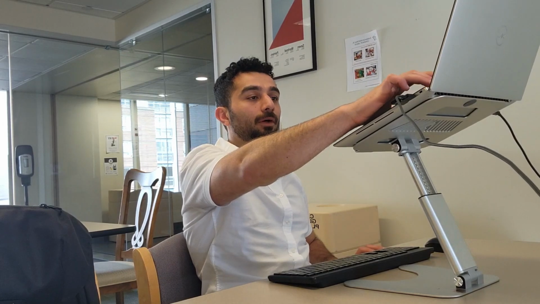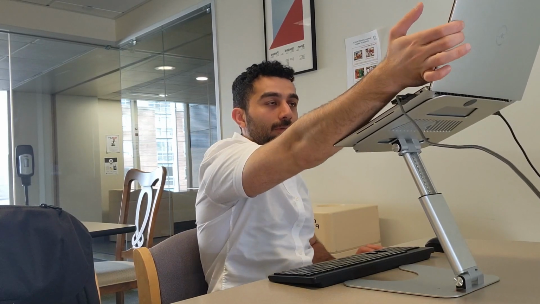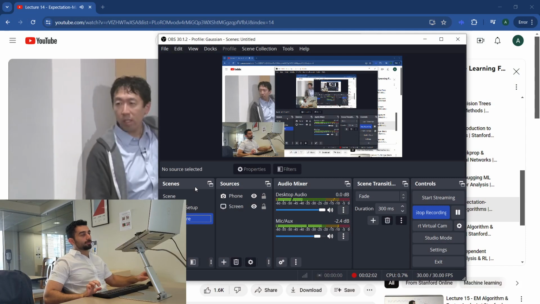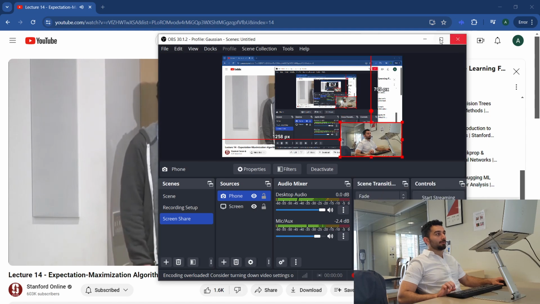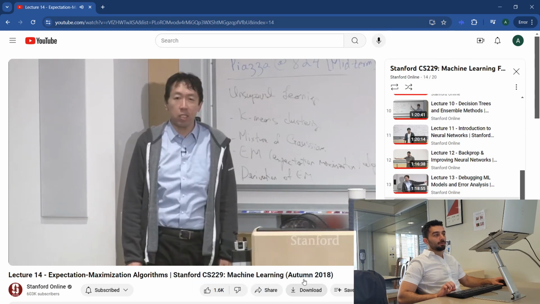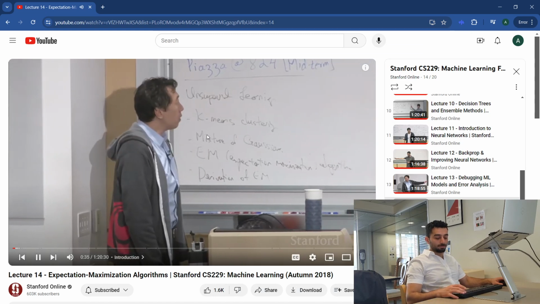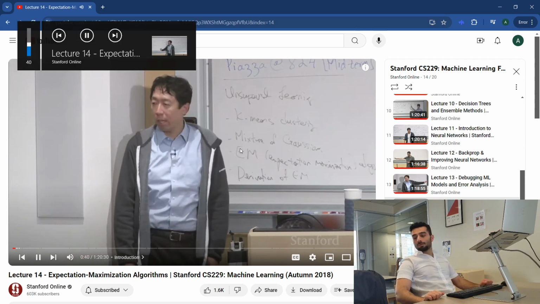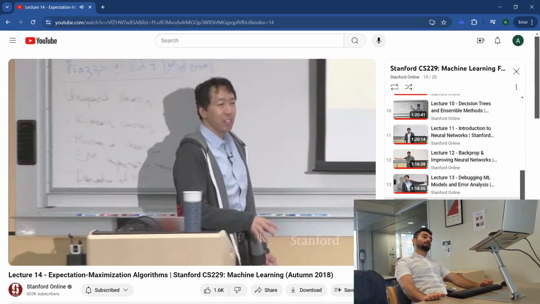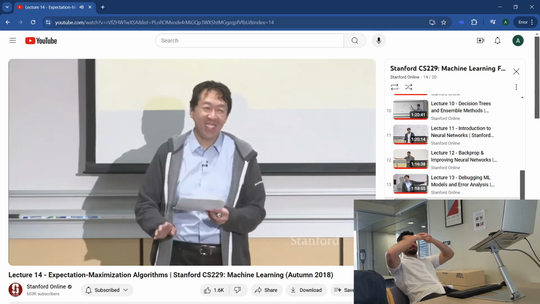So, a logistical reminder. The class midterm is this Wednesday, and it's a 48-hour take-home midterm. The logistical details you can find in this Piazza post. The midterm will start Wednesday evening. You have 48 hours to do it, and it's submitted online through Gradescope. Because of the midterm, there won't be a section this Friday. Oh, and the midterm will cover everything up to and including EM, which we'll spend most of today talking about. Certainly, don't look so stressed. It'll be fun. Well, maybe.